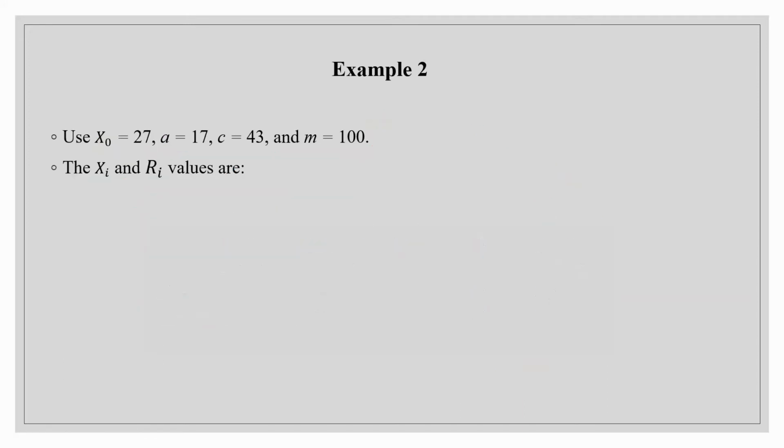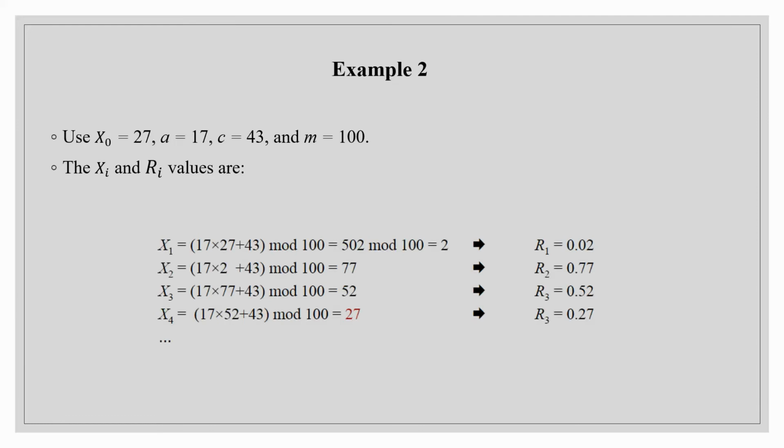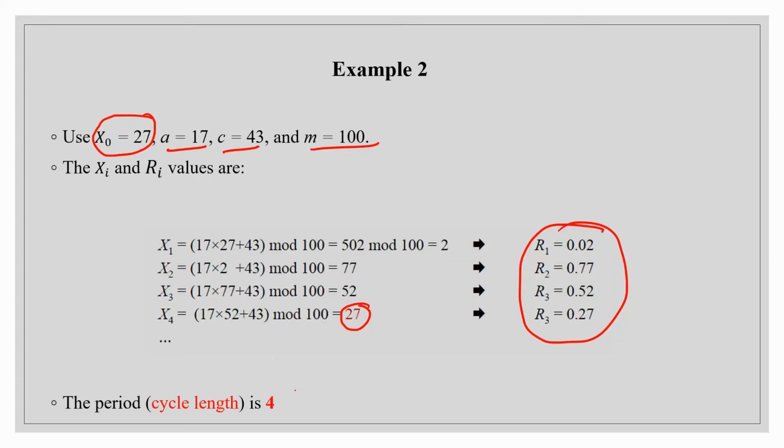So for this example also the cycle length is very small. Another thing you have observed is in this example where we have chosen our x naught as 27, a as 17, c as 13 and m as 100, our seed value is 27 and at the fourth number only we are getting 27 again, and only this many random numbers are generated, and you can see that the cycle length is very small, that is 4. I have told you that we can generate the random numbers in between 0 to m minus 1, but you can observe that here we can't even generate 50 random numbers.